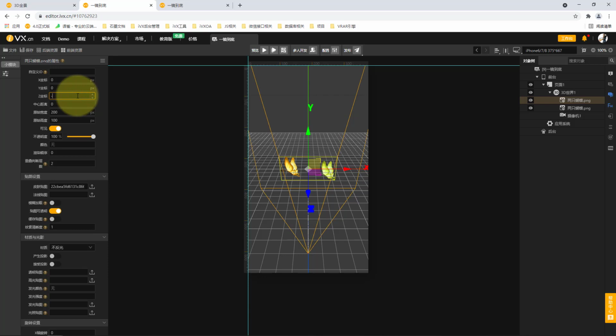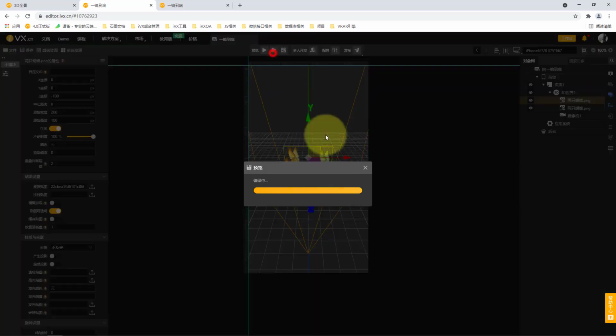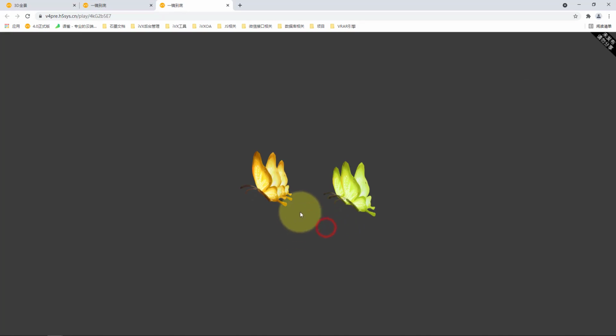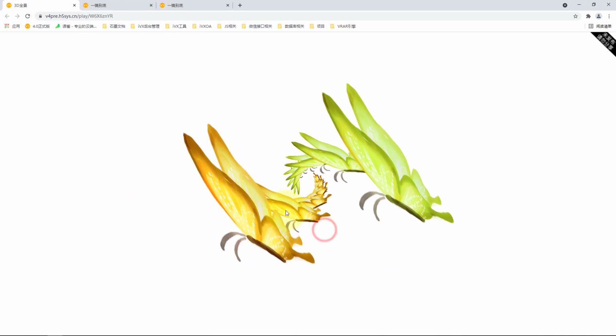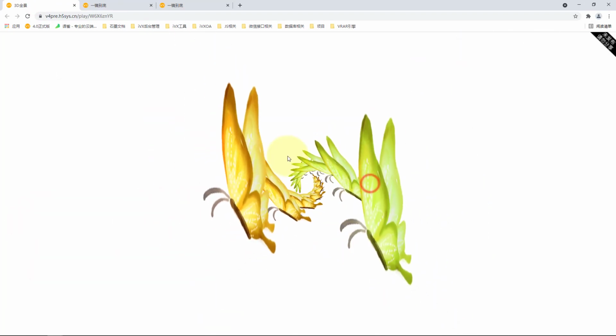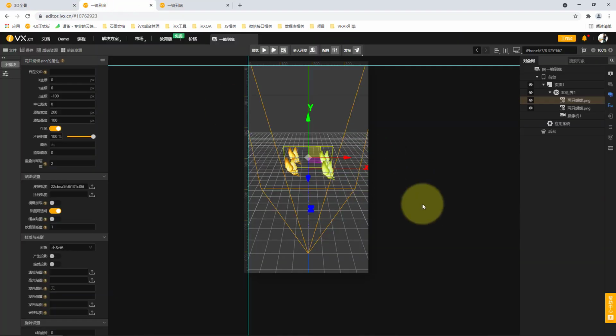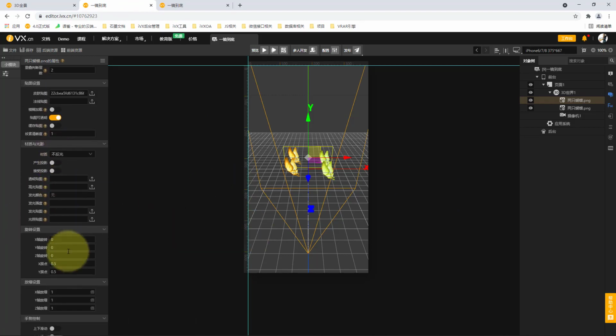Now we find that pasting has no effect. Why? Because the two butterflies completely overlap, since their XYZ coordinates and center distance are exactly the same. So we choose the second butterfly. We want it to be on the inner side of our screen, so we adjust it. You see, this is the positive direction of the z-axis. We want it to be more inward, so we're going to make its z-axis smaller. So let's lower it to a position of 100 pixels, and you can see that it reaches the inner side,